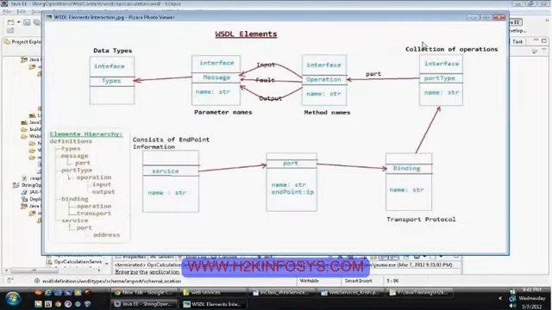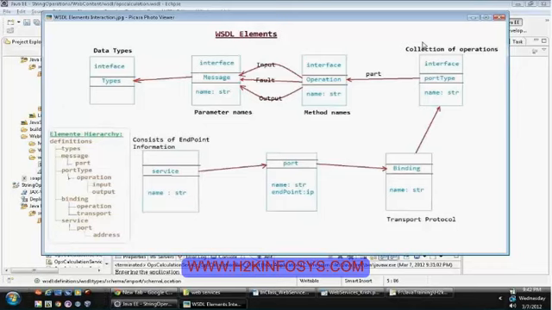What you can do is practice at least one example: create one small Java file, convert it into a web service, and take a look at the WSDL file, and then take a look at the 4 important class files that got generated for the client, then you will be able to understand easily.